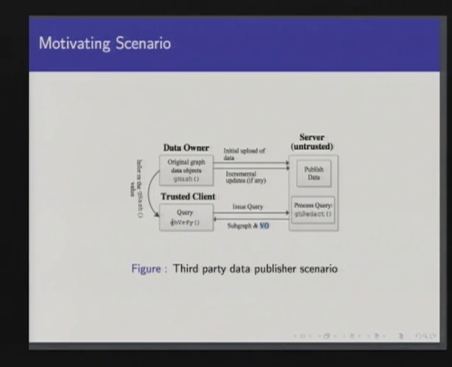So the user on its side runs this algorithm, graph verification. The user receives a subgraph from the server and a set of verification objects. To compute this verification object, the server runs a function known as the graph redaction algorithm. This algorithm is run on the server side. These two things are sent to the user by the server, and the original data owner has a